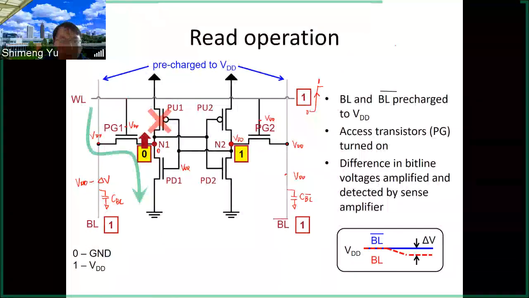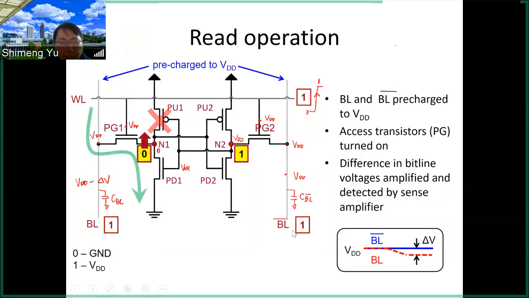Now you see a difference between the BL and BL bar in terms of voltage. BL will have a smaller voltage, VDD minus delta V, and BL bar will be kept at VDD. Then this will be read out as the data you stored by the peripheral circuits. So after that,